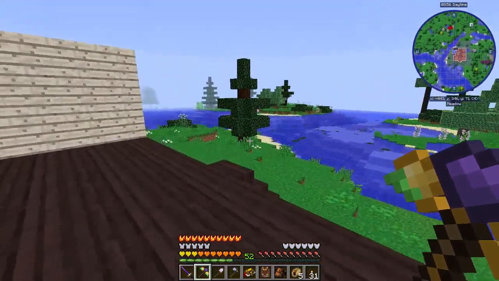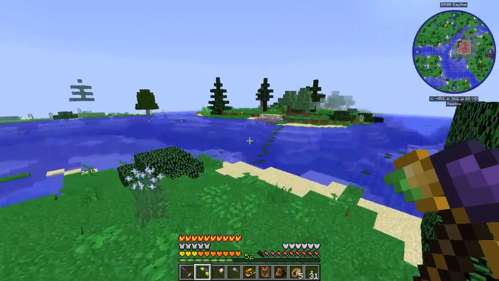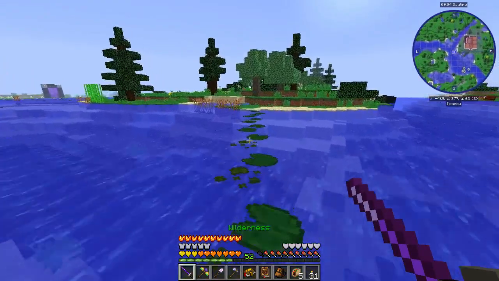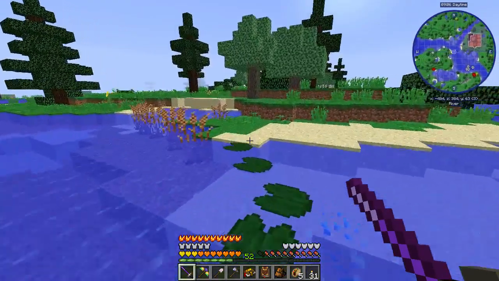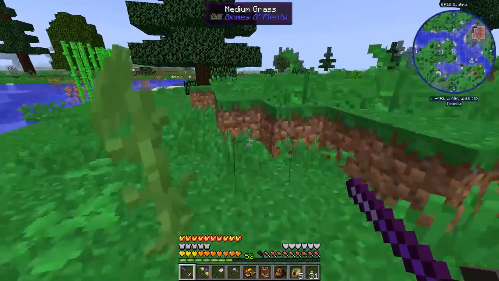Oh, it's probably back at the base. We also need flint and steel, which is probably also back at the base. If it's not, then it's in one of the chests in the front of our base, of the new base, rather, and we'll have to get that. But anyways,